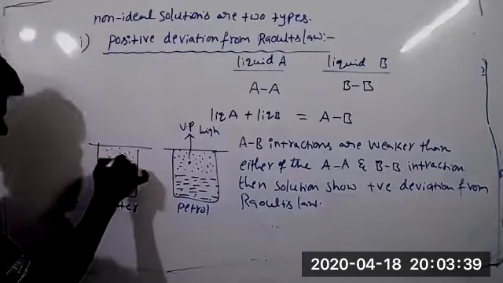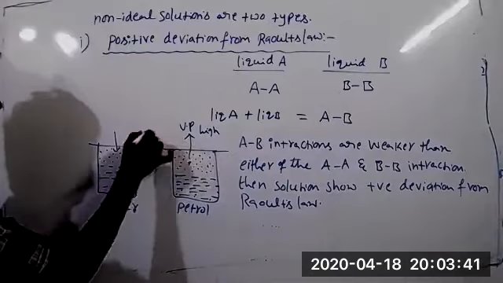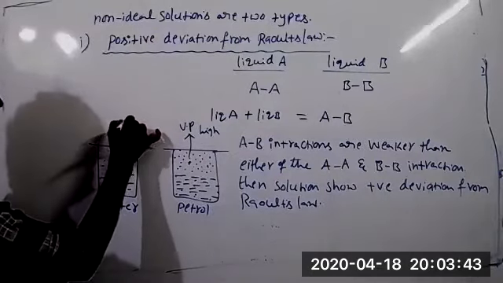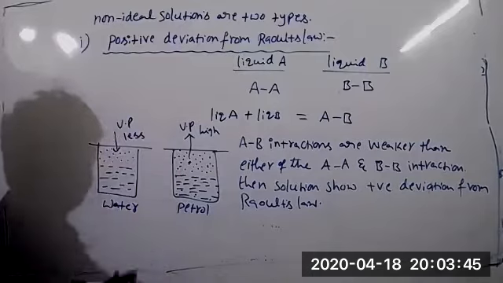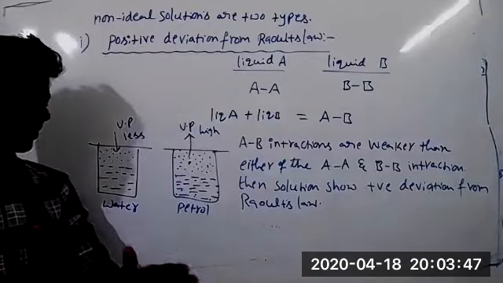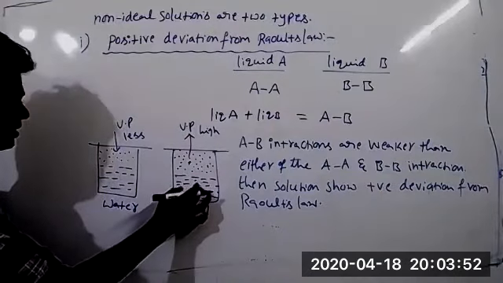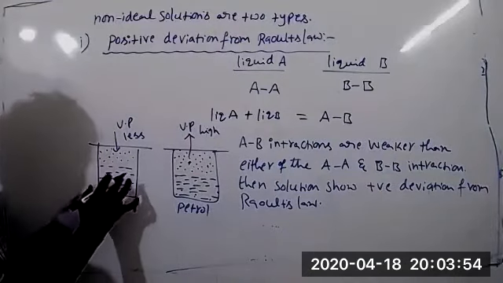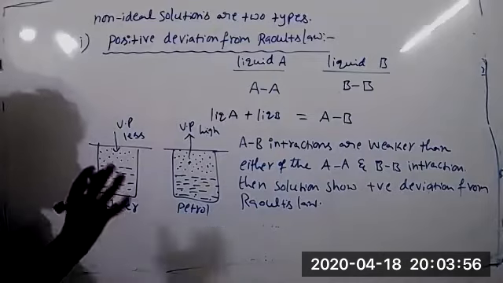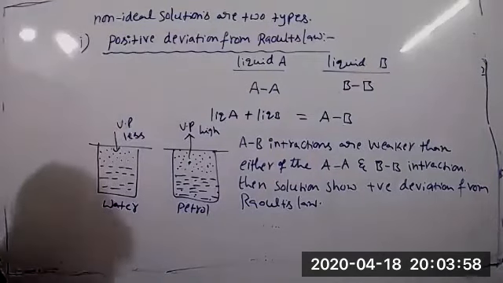Water also converts to vapor. It has low vapor pressure. Compared to this vapor pressure, your vapor pressure is less, because it depends upon molecular interaction. Here molecular interactions are very weak. That's why here vapor pressure is very high. Here molecular interactions are strong between water and water. Which bond is present?